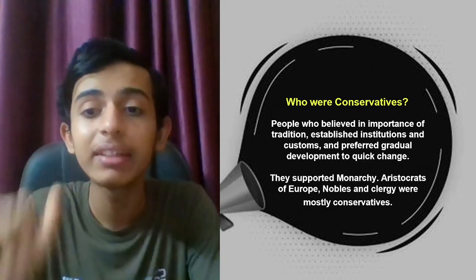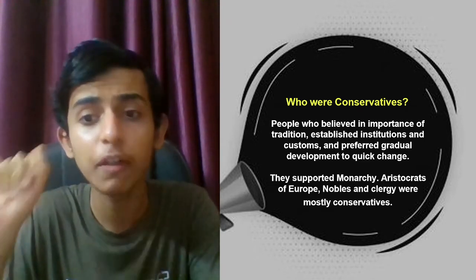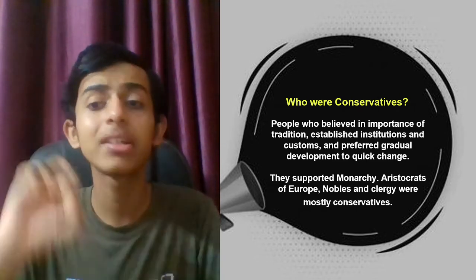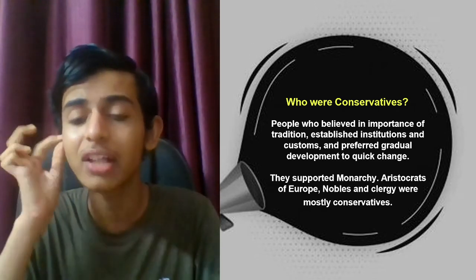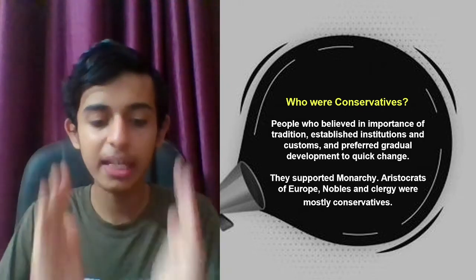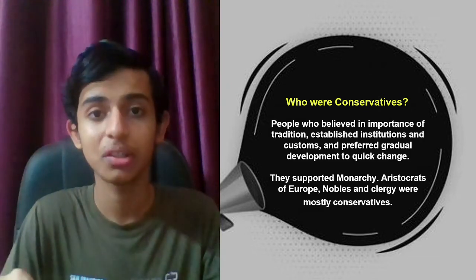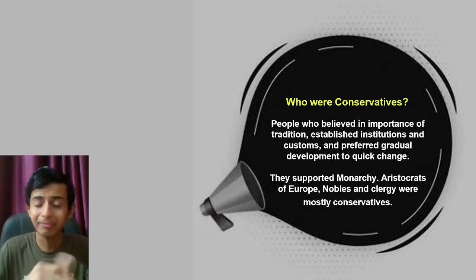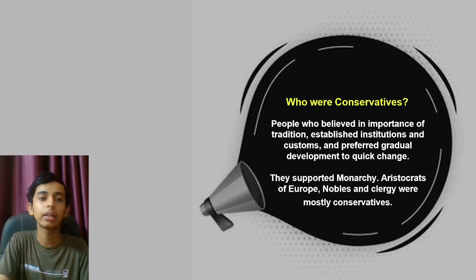Yes, they were the people who believed in the importance of tradition, culture, established institutions and customs, and preferred gradual development to quick change. So they were against change, but gradually they started believing in change. Initially they resisted the change,